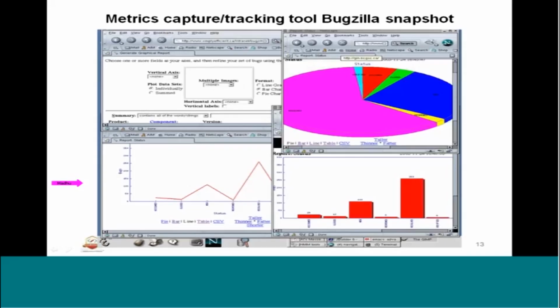So there is an uptrend. On this day you can see 110 bugs have been reported. On the next day it is 6. On the other day it is 261. Similarly, the bugs can be reported using the pie chart,